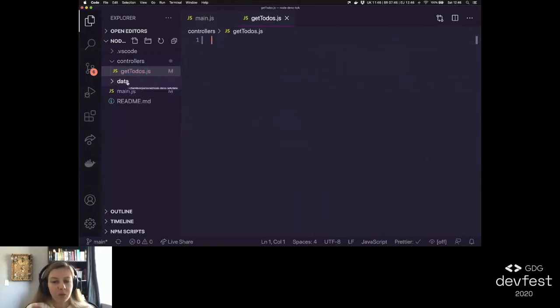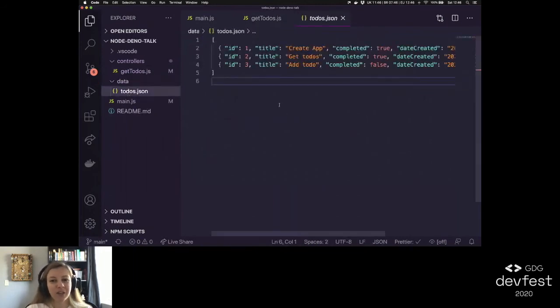Now, this is one of the pitfalls of dealing with something that is still on version 1. I wanted to do this demo using a Mongo connection, but the only Mongo library I could find was a third-party library, and it doesn't work with Deno 1.4, which was released quite recently. So the third-party library hasn't been updated, and I didn't want to downgrade my Deno, so I decided to just do this a different way by using a JSON file. So my JSON file has some to-dos inside it,